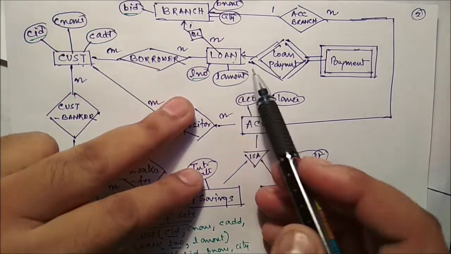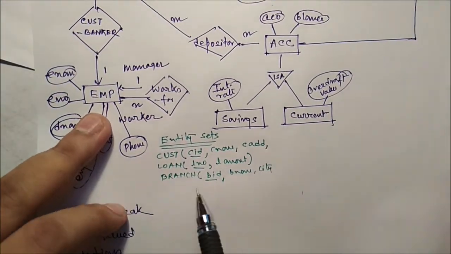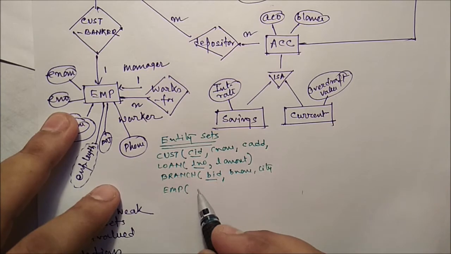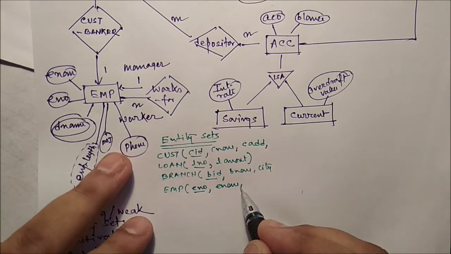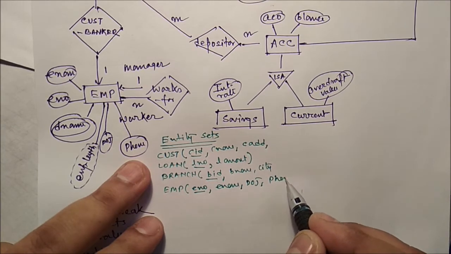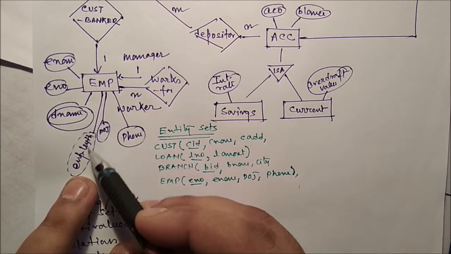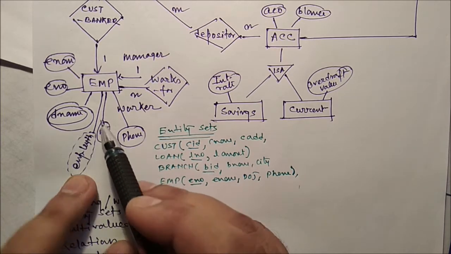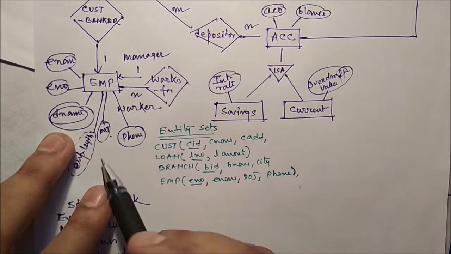Next, we can say employee. If there is an employee, then the attributes will be employee number, which should be the primary key, employee name, date of joining and phone number. It is a simple attribute here, date of employment, and employment length. We can get employment length from the date of joining: system date minus date of joining. Now here there is dependent name. Employment length is a derived attribute. We'll talk about it later. So this one is over.